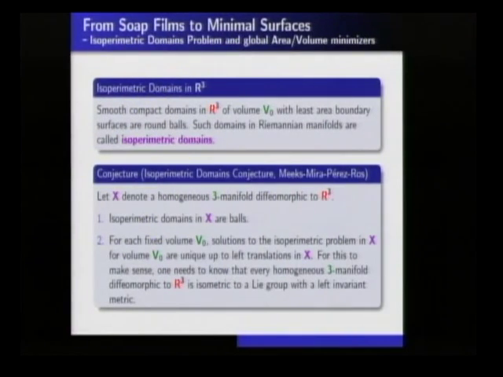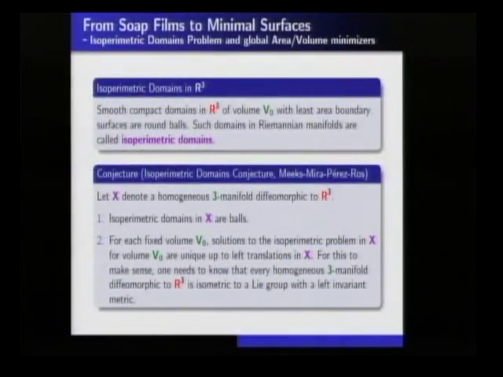So it turns out if you're homogeneous and you're diffeomorphic to R3, you are always a Lie group endowed with a left invariant metric. So you take the metric at a point and you left translate that metric. So not only are we saying that we can get from one isoparametric domain to another one, in fact, we can do that by a particular kind of symmetry, left translation. Not just any symmetry, but very special ones. So that's the question which we'd like to understand better.